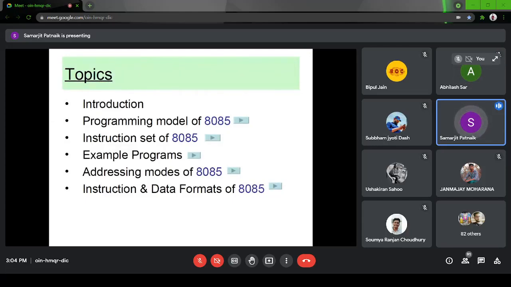So we'll do one thing. We'll start with 8085 programming. There are a few things on the architecture side; we will cover them after we cover the programming part. Once we start programming, we can do some simulation as well as some programs in lab classes in parallel. 8085 programming is very easy. You only have to follow some basic syntax. I'll just wait a couple of minutes. If someone else is joining, then we'll start right away.